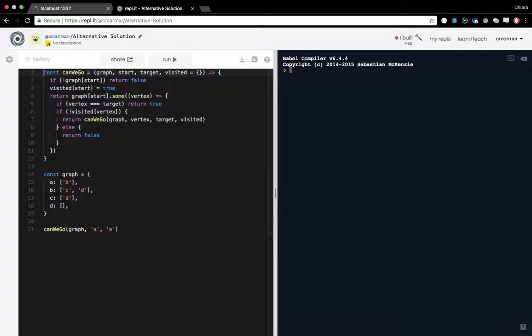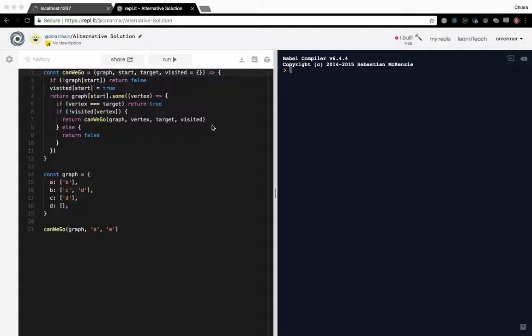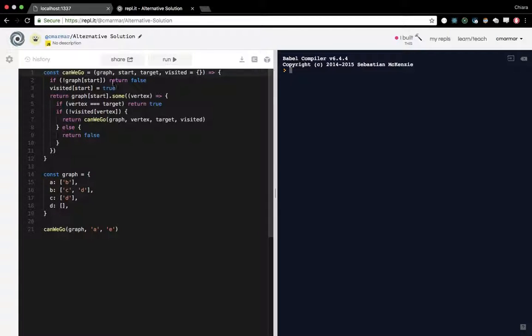If you start, and, well, first base case, return false, and if it's not there. But if the start is in the visited object, then we can return true. So that is already operating on that. And this is actually a super careful base case where if there's nothing connected to the start,